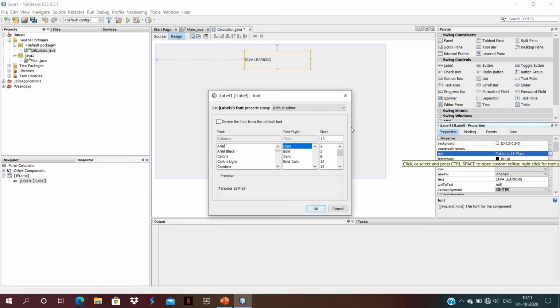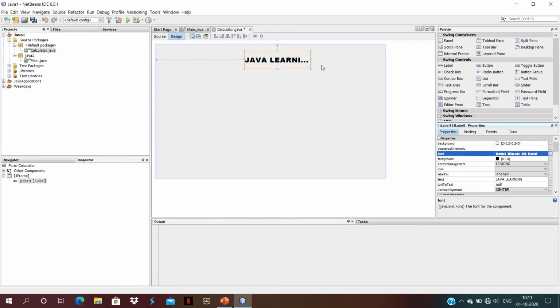A property window will appear in front of you. You just select your font according to your choice, font style here, and choose the size of your text. Okay, then okay, and you can also increase the size of your box.